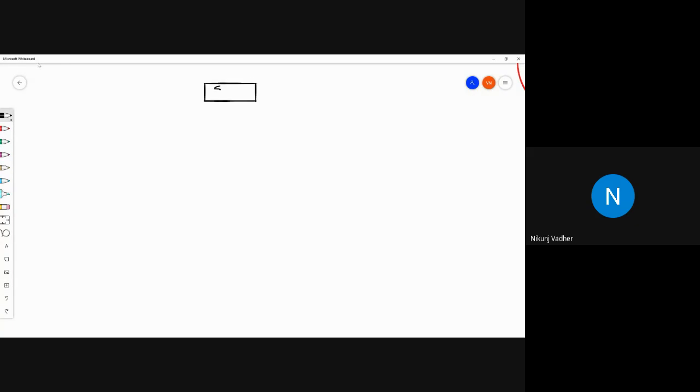We will start with setting sequence counter to 0. Then we will load program counter value into address register, the starting address of your program.